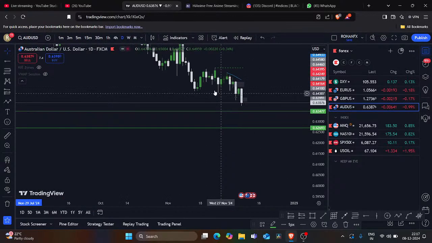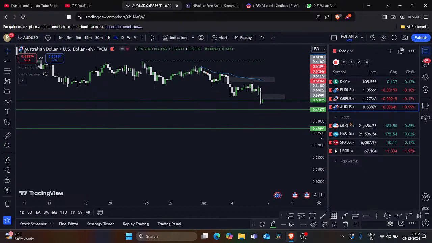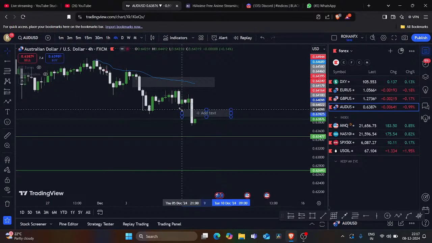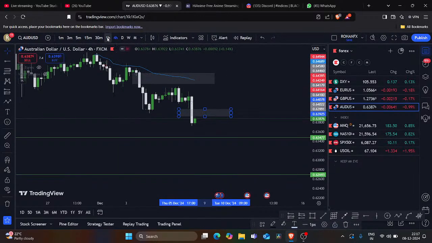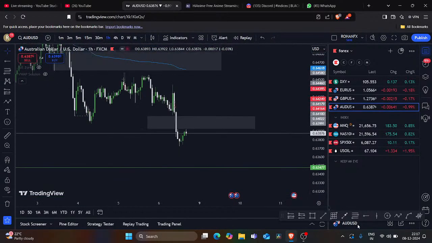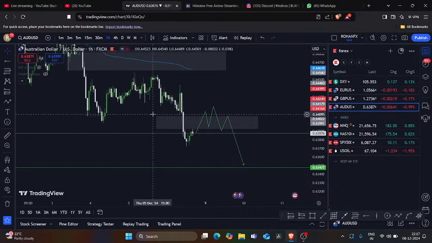So what should be our main agenda here? If we want this target to be touched, we have to see a trade idea forming in a lower time frame, either in 4 hours. There is a 4 hour fair value gap. If this 4 hour fair value gap is respected, and it's forming a pattern like this, liquidity grab, break of structure, then we can look for shorts in AU USD targeting this liquidity level. So I think AU is looking completely bearish.